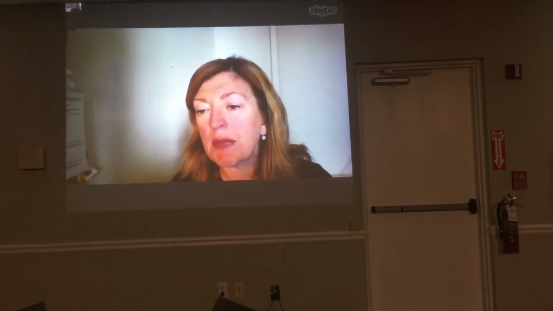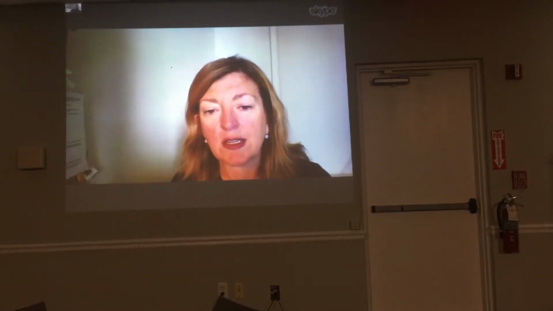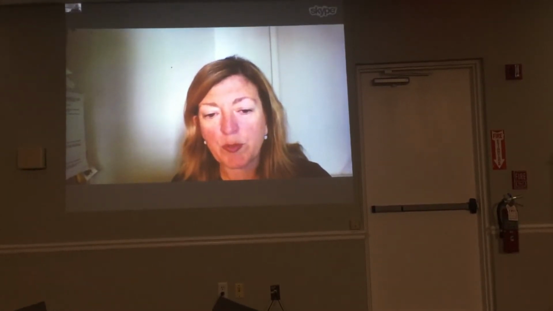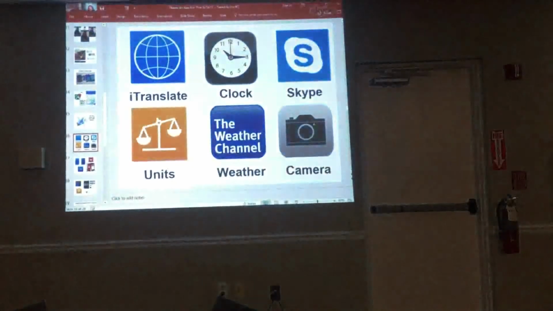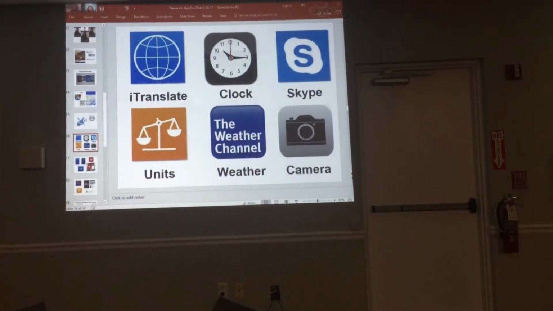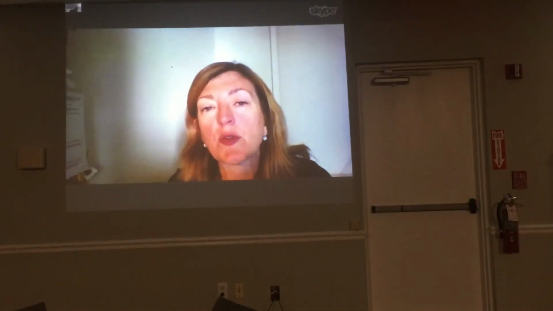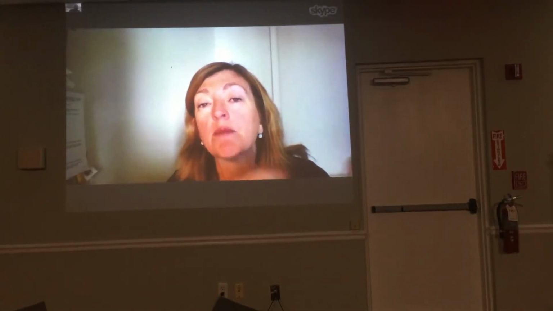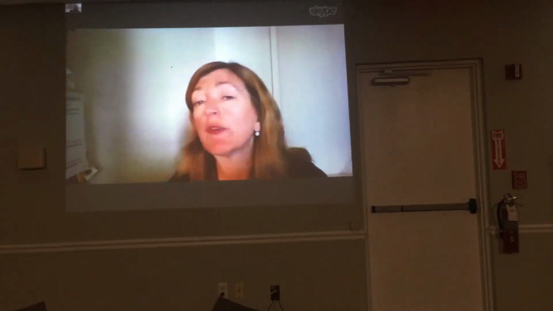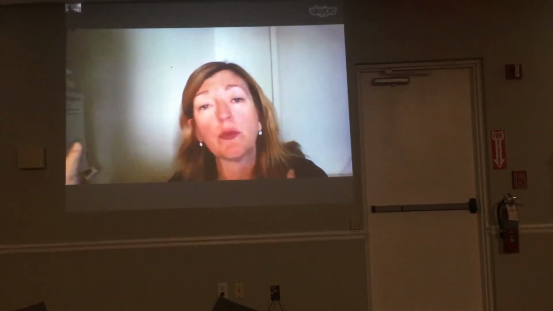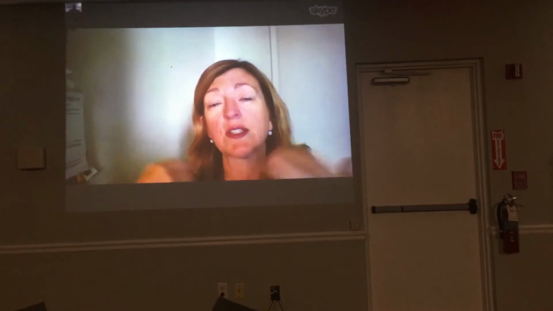Now the last one that I mentioned to you, and I'm going to go back so that you can see it, because it's not familiar to most people, is the bottom left-hand corner. It's called Units, and it's free, of course, because remember, I'm a frugal Yankee. Units allows you to convert anything you can imagine. So obviously, the reason that I use Units when I'm traveling overseas is that I'm doing currency conversion, and it'll convert anything from US dollars to whatever it is you want, or from whatever the currency is to US dollars.